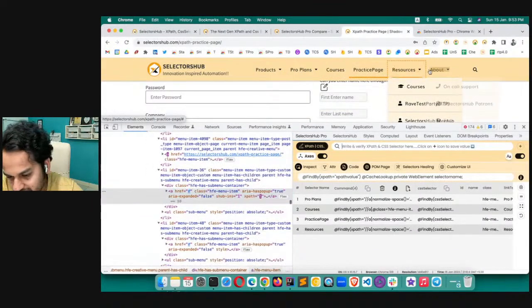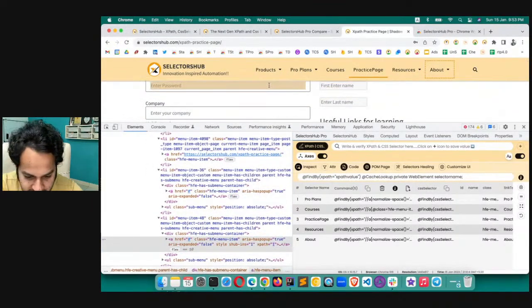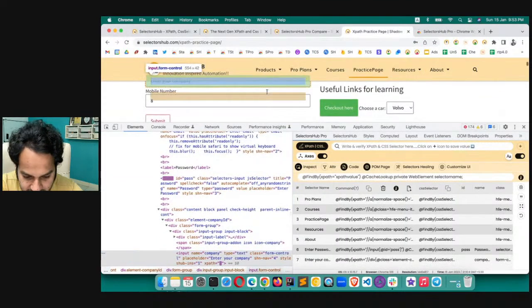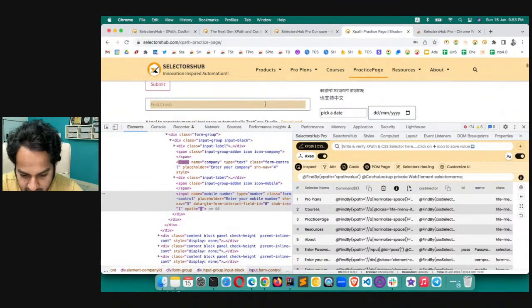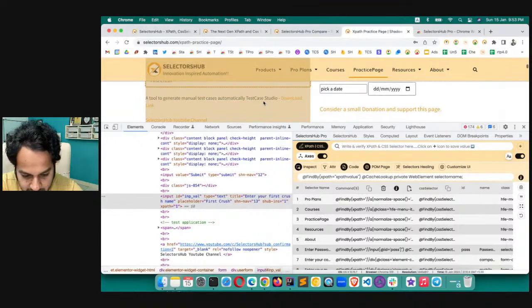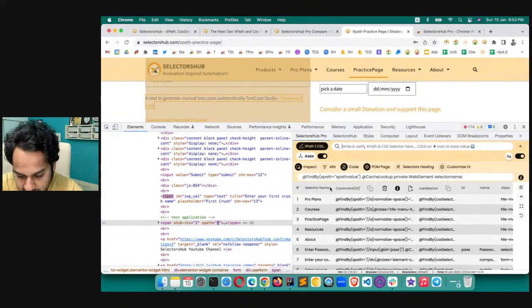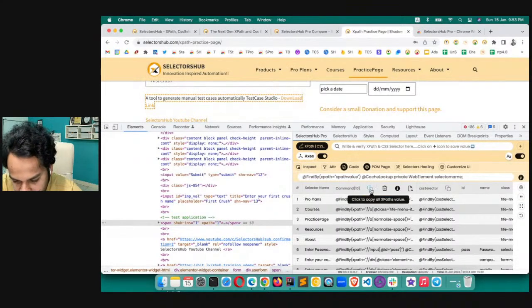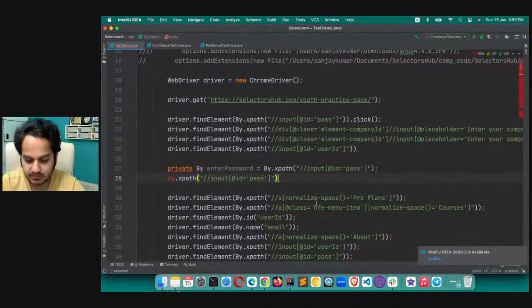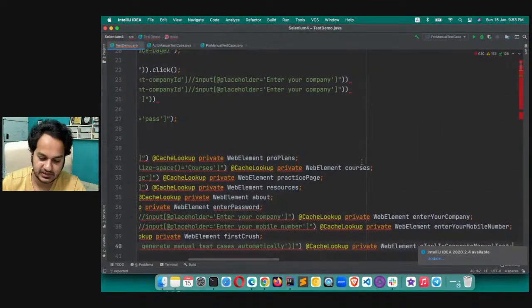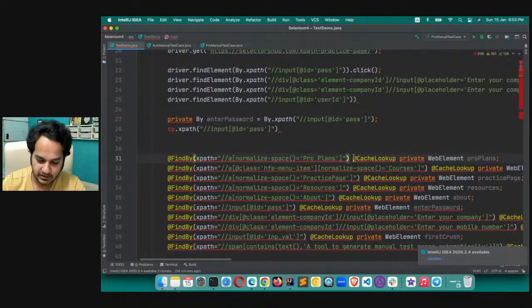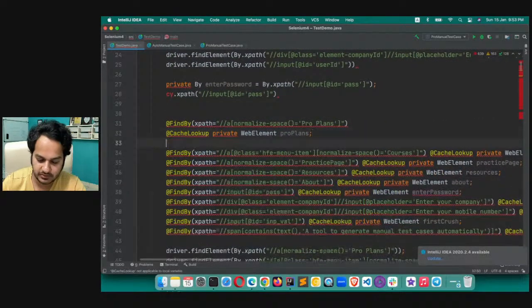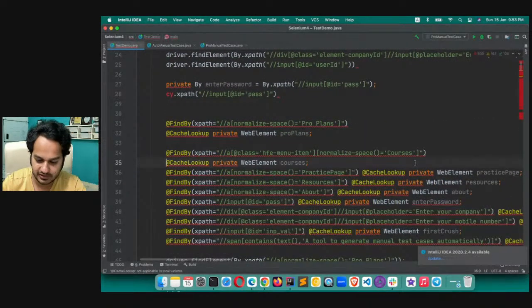You will observe in the SelectorsHub Pro tab, it is generating all the element selectors, and not just selectors, it is generating the command for each and every element which we are inspecting. And you see that, let's say right click, we have generated 10 commands for the page object model within a few seconds, and this is completed. So this is how you can complete your page object model really quick with SelectorsHub Pro,